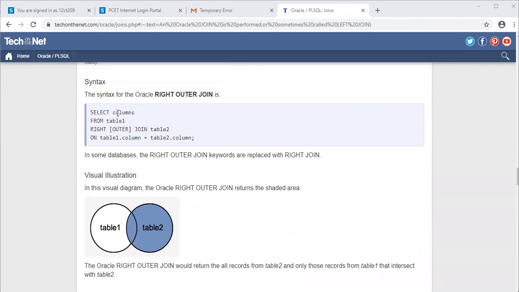So here is the syntax for the right outer join operation. Select columns from table 1 right outer join table 2 on table 1 column equal to table 2 column. The syntax is similar to the left outer join, only here instead of the left keyword we are using the right keyword. So if you take the example of the same employee and department database,